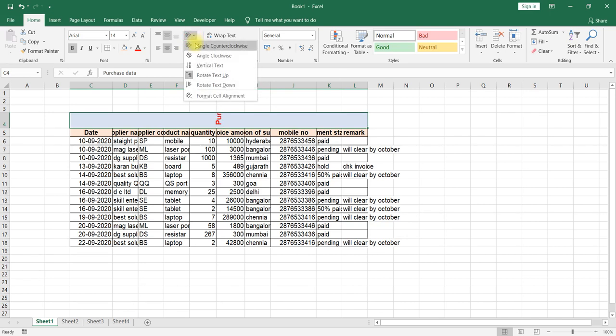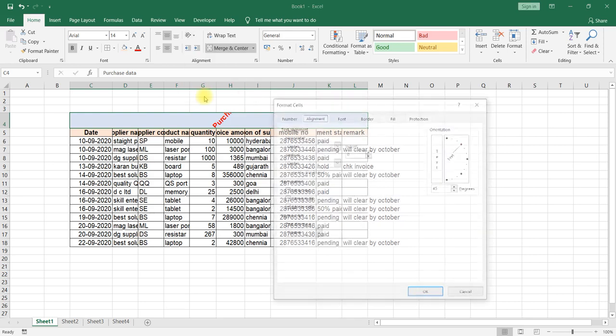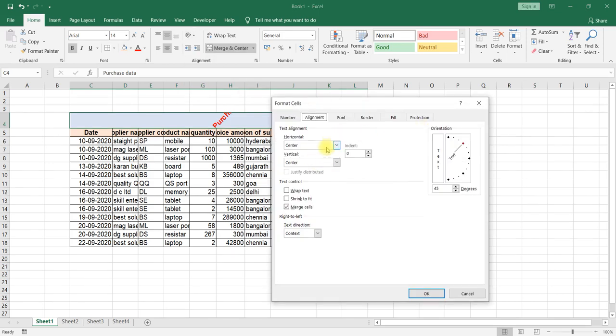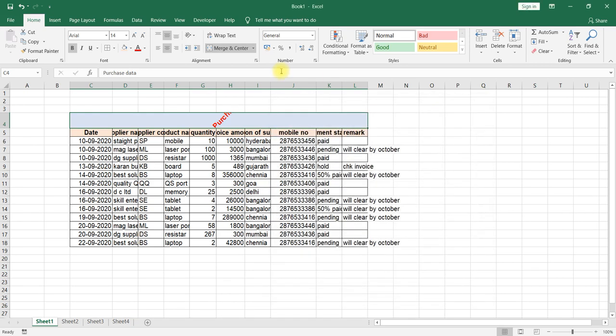Here you can select horizontal center, vertical center, merge cell. Here you can also do this one. Like this, you can change it to any of the positions as per your requirement.